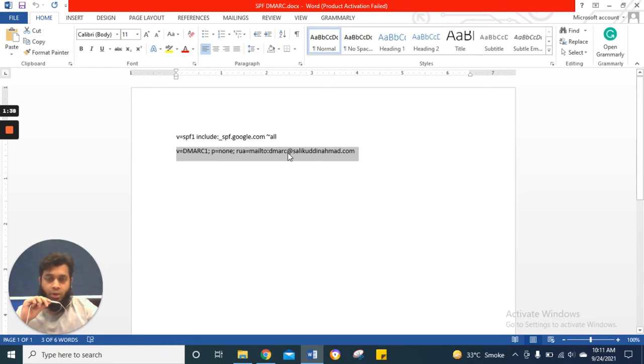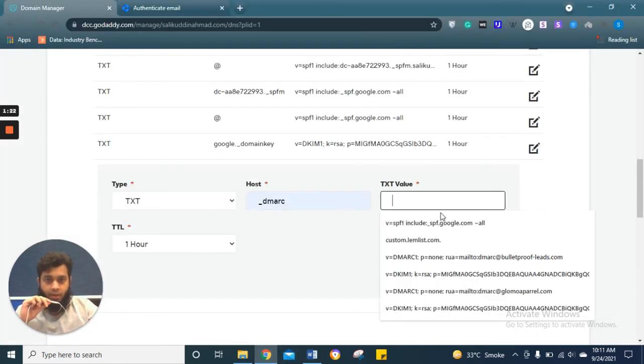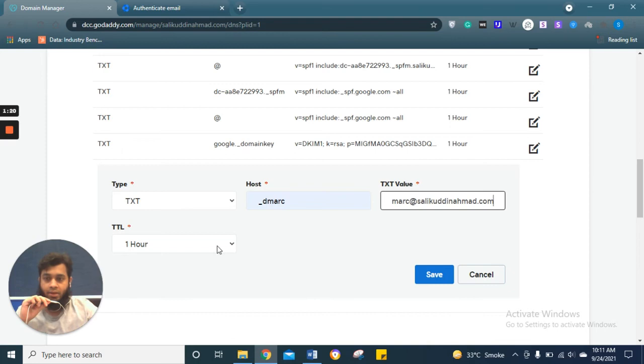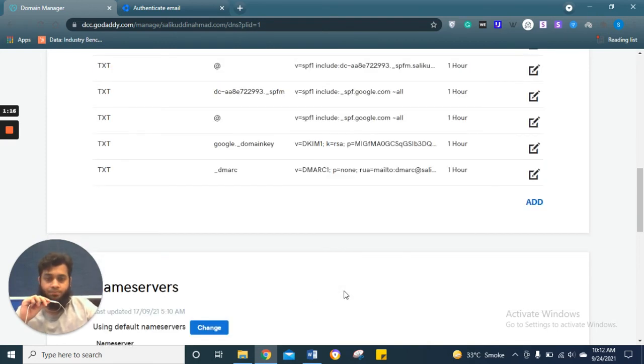So it will be dmarc@ your domain, which could be .com, .co, .net, whichever domain it is. I've put my domain here for which I want to set DMARC, and then I will put it in the TXT value. The TTL remains the same, 1 hour. I will save it. So now SPF is done, DKIM is done, DMARC is done.